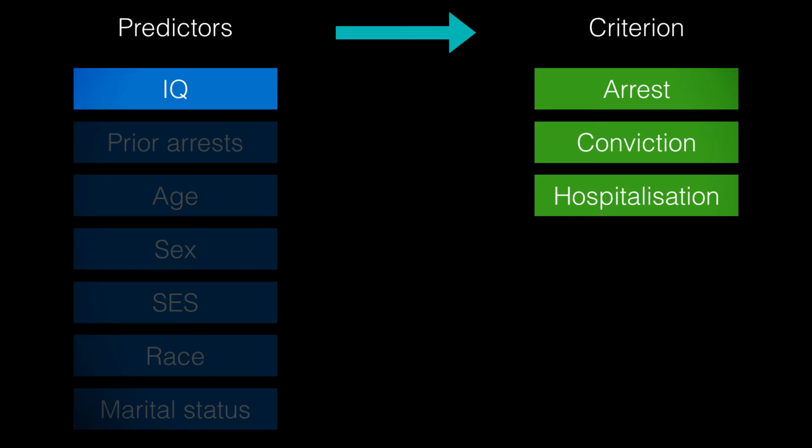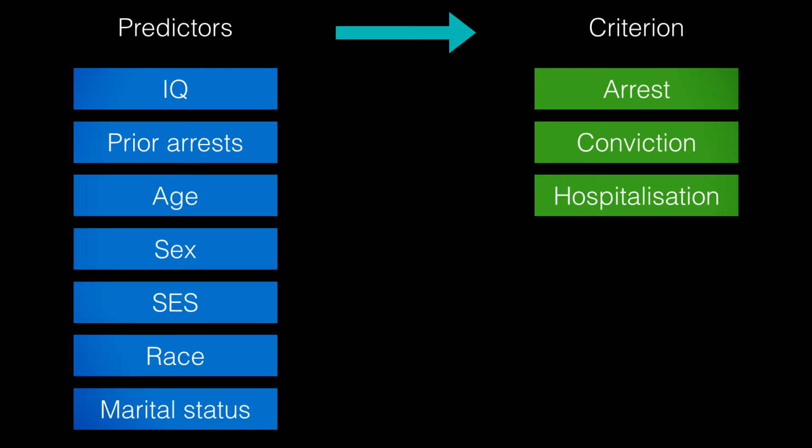Next, you identify predictor variables that correlate with the criterion variable in the population of interest. Now, the population might be mentally ill who were recently released from a hospital, or former sex offenders, or any other appropriate group that matches the general characteristics of the person for whom you're making the risk assessment. We use published research to help us identify the relevant predictor variables. The predictors could be present variables such as IQ, past variables such as the number of prior arrests, or demographic variables such as age, sex, socioeconomic status, race, or marital status.